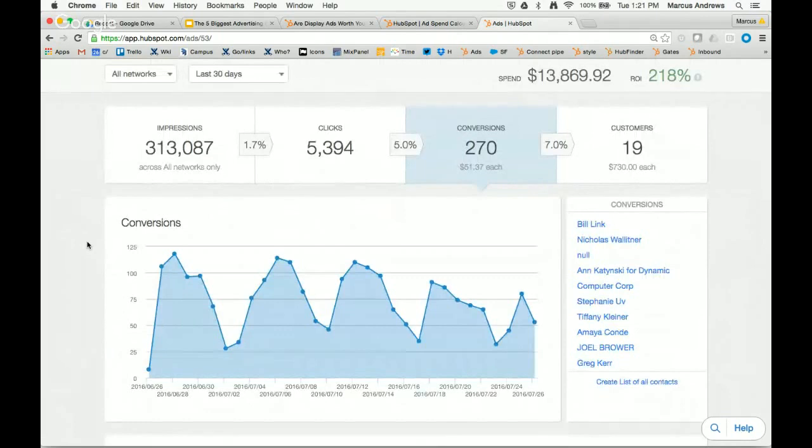And we've created a closed funnel loop of the data between HubSpot and the ad networks. You can see that we're pulling in clicks and impressions from the ad networks and then conversions and customers from HubSpot. So what we can do is tell you immediately how many leads, who those leads are, what kind of leads you're generating from ads, and then how often those leads turn into customers, how much that customer is costing you in terms of ads,